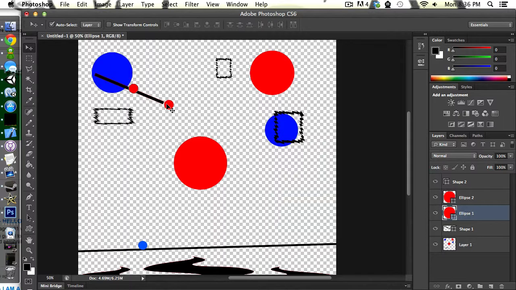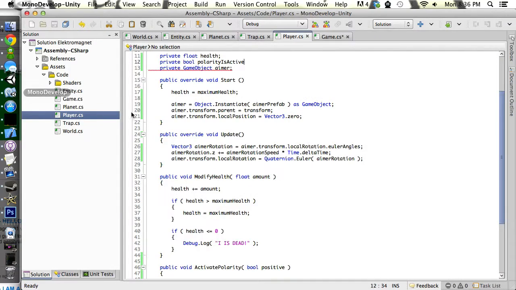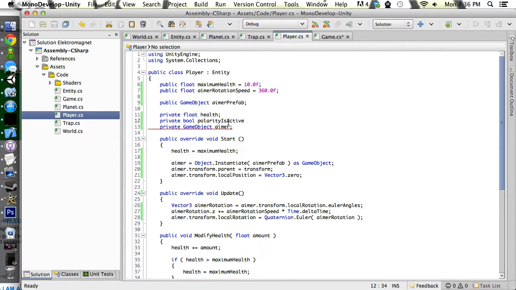So I think that everything in this game probably needs to have a constant polarity, except for maybe traps. Actually, traps might have a polarity too. That could be interesting. So if we have that case where everything has a polarity, then that means what? So for a player, when they press a button, they remain in that polarity, I guess, until they change it. And they are attracted to whatever but they're only attracted while they're holding that polarity button. So they continue their momentum. Okay, so rather than polarity is active, this is attraction is active. And then we have